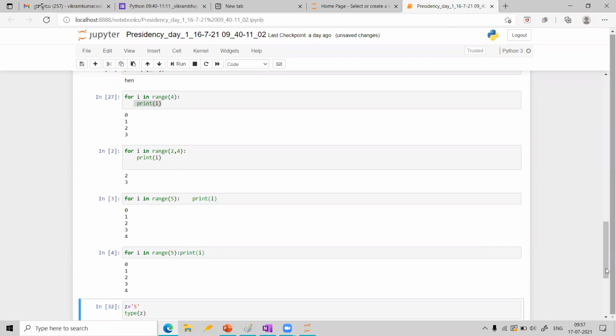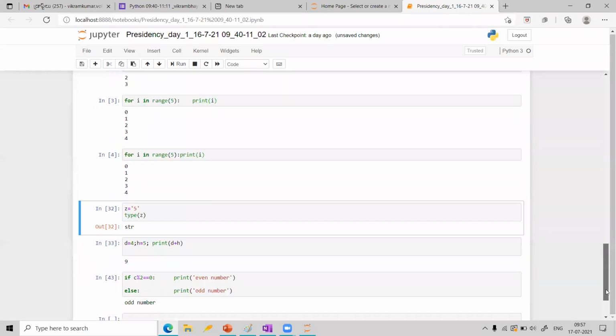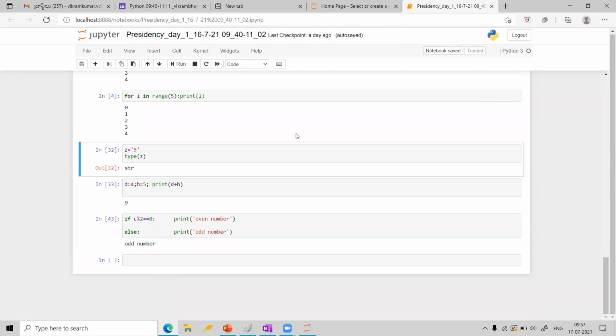Okay, right. So now I think revision is almost over. We have come to the end of the revision part. We will start the new topics now. Almost it's over. See, we have defined one character now. So string, whenever I told one thing, right? Whenever you are putting something in between single quotes, it is called a string.